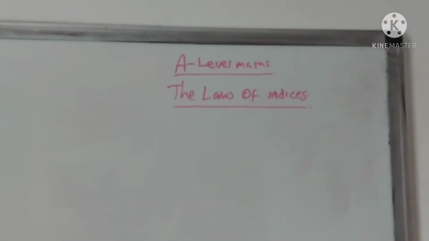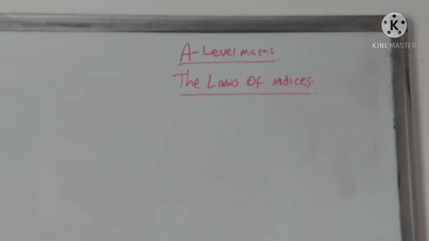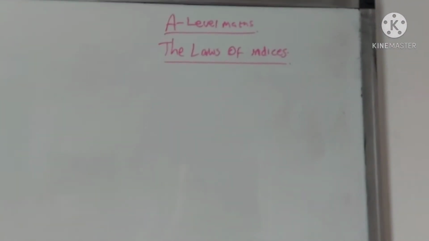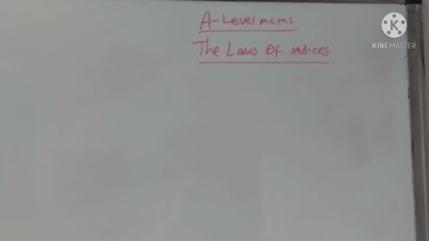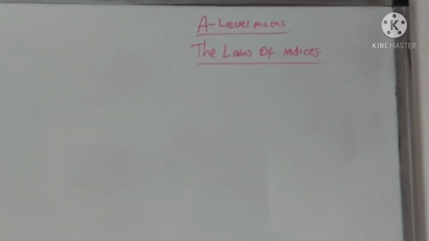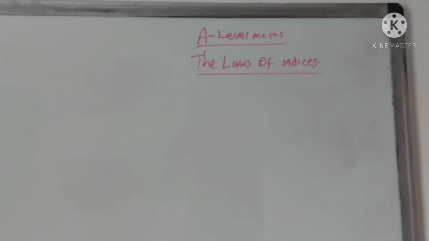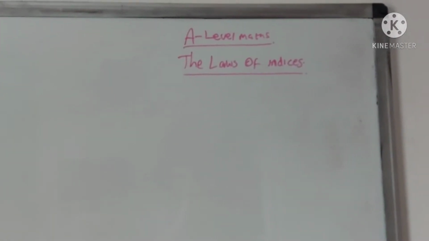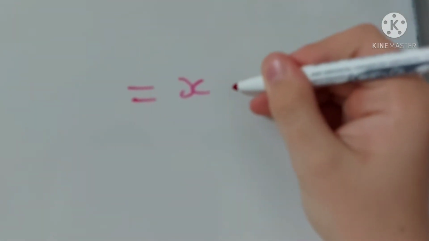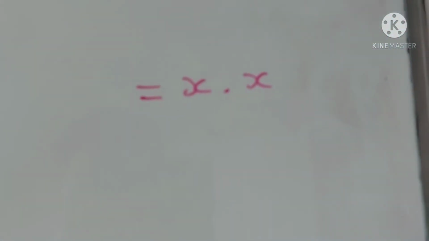In this video, I'm going to be looking at the laws of indices for A-level mathematics for all exam boards. So this is GCSE material, but hopefully we're going to put back into your minds what you should know from GCSE, because you don't want to be learning it wrong at GCSE and then come to A-level mathematics and learn it wrong. So we know if I put x dot x,